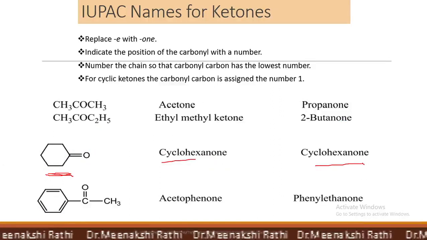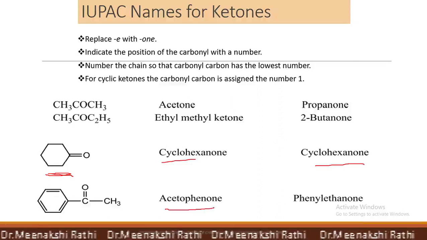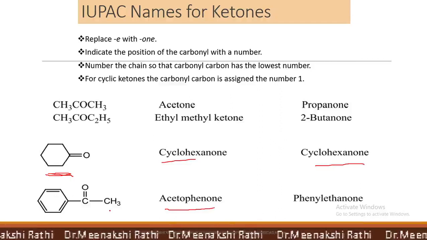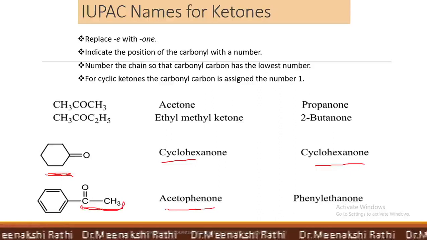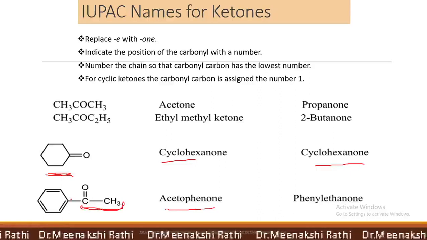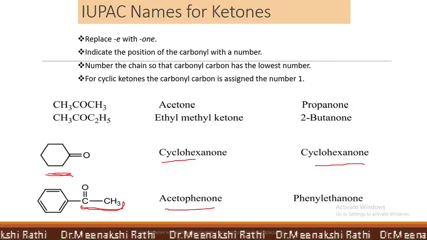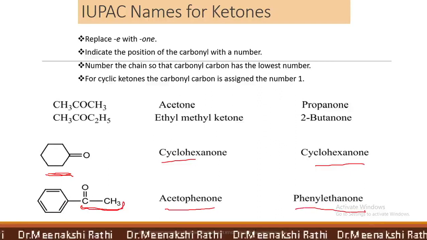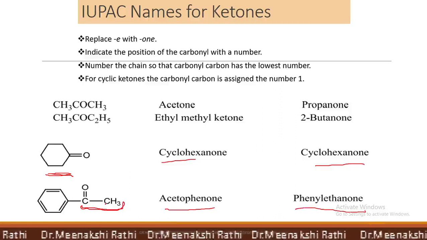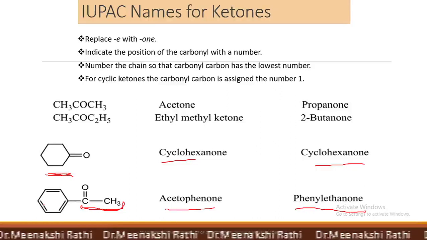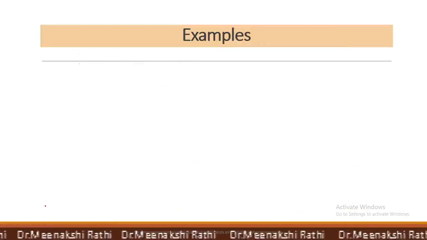While the next example is acetophenone, which is its common name. The IUPAC name is, this is a 2-carbon ketone and to the carbonyl group, a phenyl group is attached. So it is phenyl ethanone. Because it's a 2-carbon chain only, it becomes ethanone. And to this carbon, a phenyl group is attached, so it's phenyl ethanone.